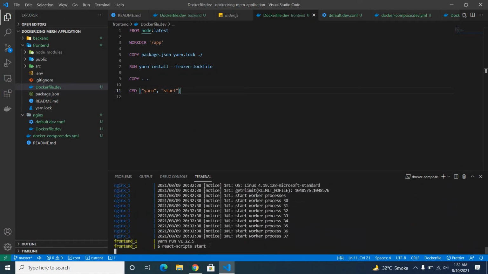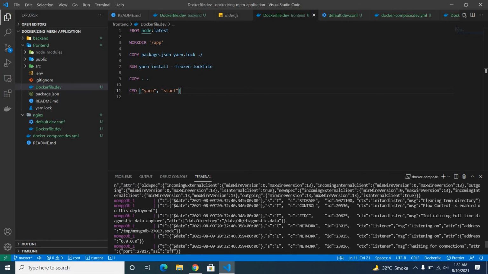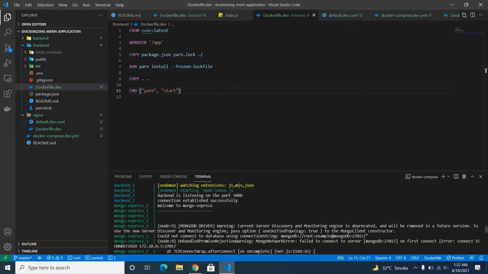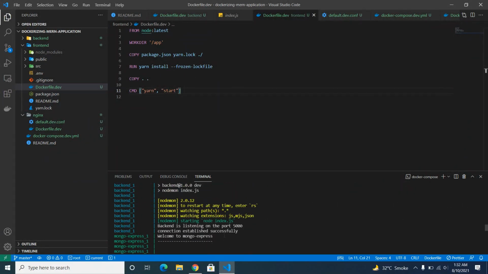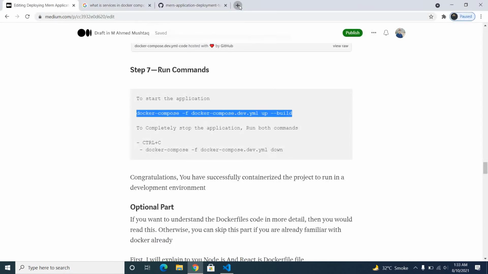Now you can check our app starts. I think everything is good to go. We need to check localhost 3000, and now our React app is working.